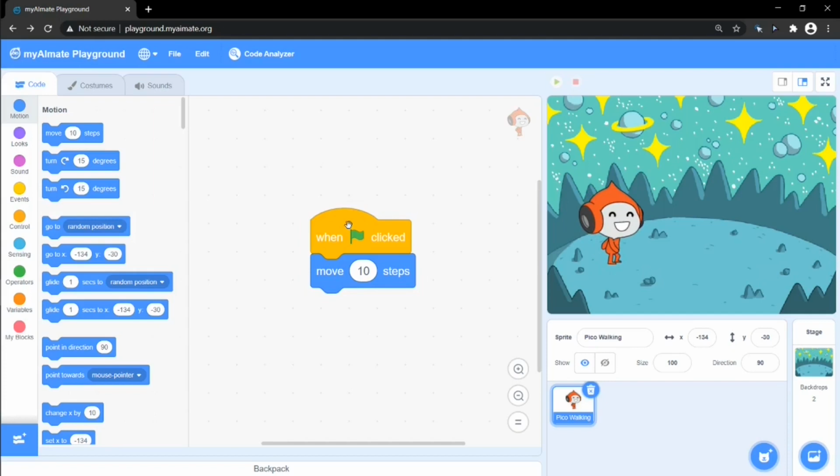As you can see, our sprite moves 10 steps forward when the block is clicked. This block is used to move the sprite forward or backward depending on the number of steps and the sign assigned to it. You can increase the number of steps it takes with each click by increasing the amount of steps in this area. As you can see, now it takes 50 steps with each click. We can also make the sprite move backward with this code block. We just need to add a negative sign in front of the number of steps and the sprite will move backwards. Let's see how.